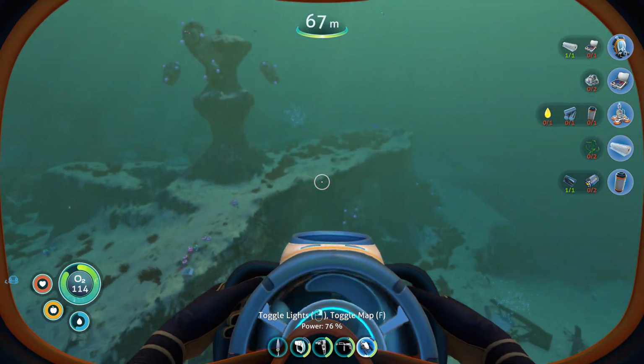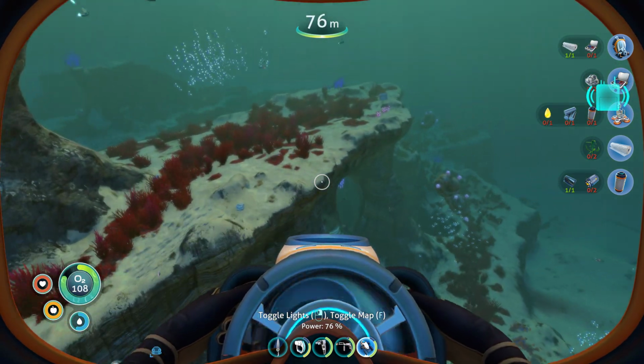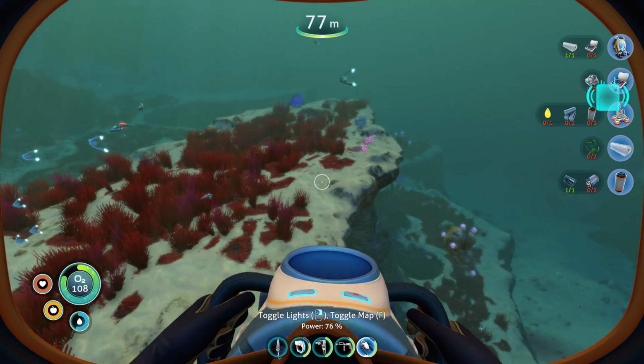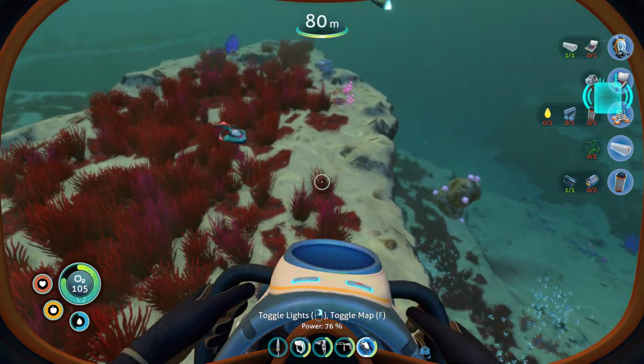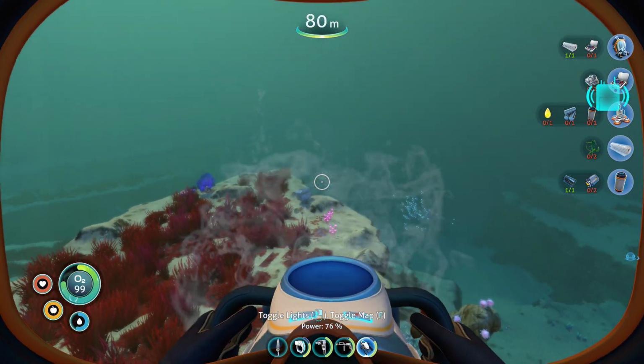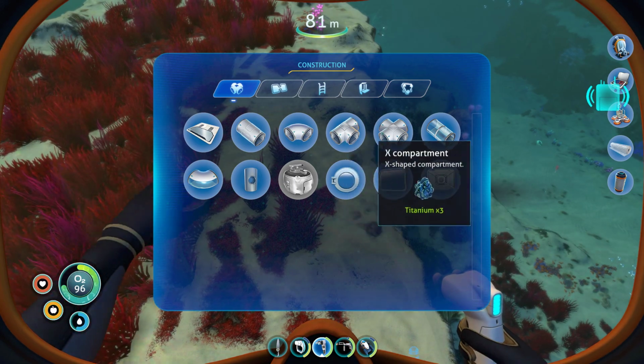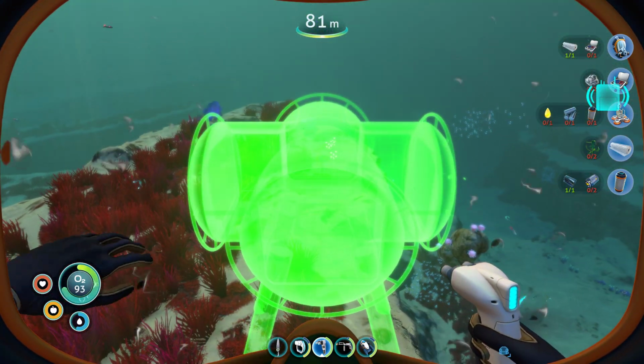Now, my favorite spot for the initial base is that, by the way, that sign over there in the top right means I have a new message to read. Okay, so here's what we're going to do. And again, remember, this is going to look not that great, but it's what we have to start with right now, so...